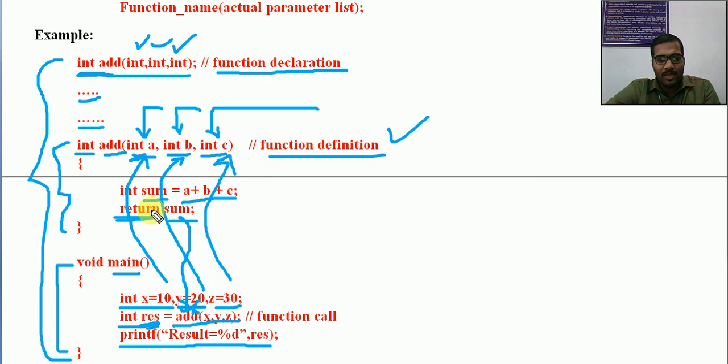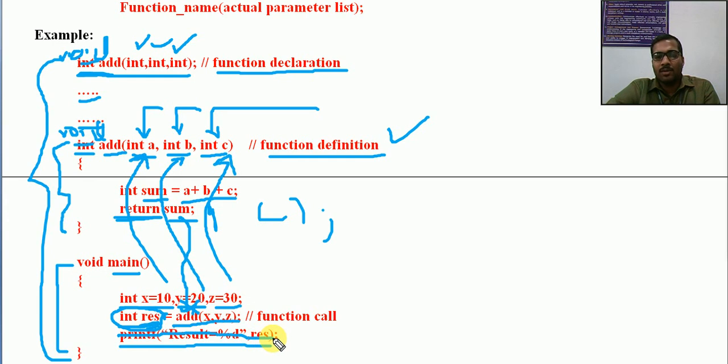So how can we modify this program? If I am printing that sum here, int sum is equal to a plus b plus c, and I am writing printf sum here, that means it is not returning anything. In that situation I can avoid this int and replace it with void. So here also I will have void. Then here we don't need to assign that into a variable. Simply call add of x comma y comma z. We don't require this statement also.